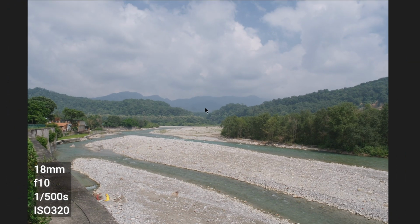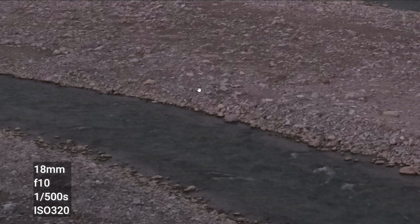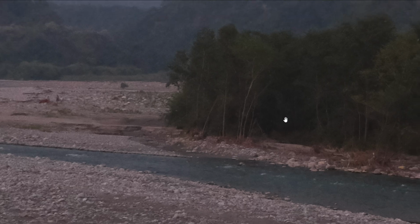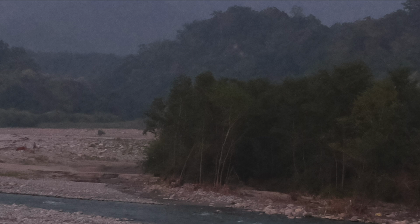And I'll show you this same image in the evening time when there is no sun, very low light. So you can see the far off objects are quite blurry because I was focusing on this area mostly. The shutter speed is 1/10th, ISO 3200, and this is of course a handheld shot. Of course the ISO is quite high, so you can see a bit of noise here with this lens. And you can see these trees, the details are not so resolved because of the aperture. Now if I use aperture f10, then of course the camera will use a slower shutter speed, so I need a tripod to